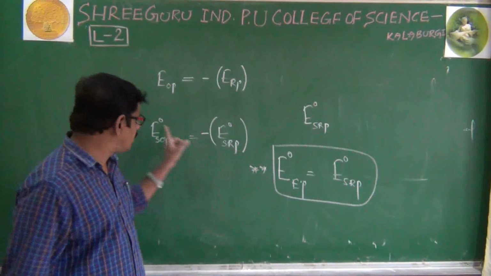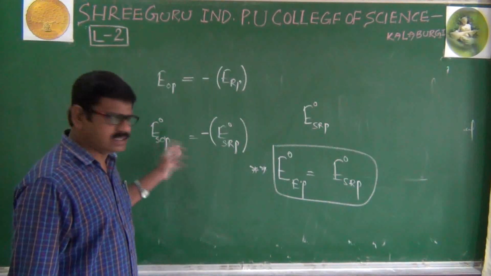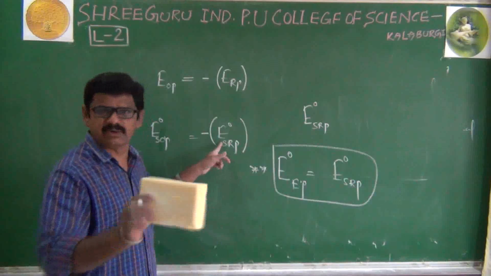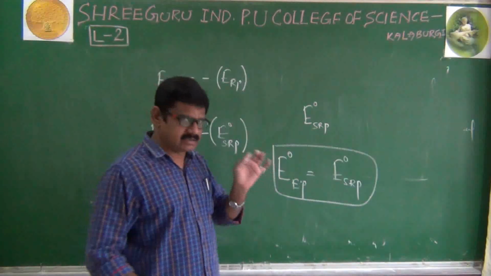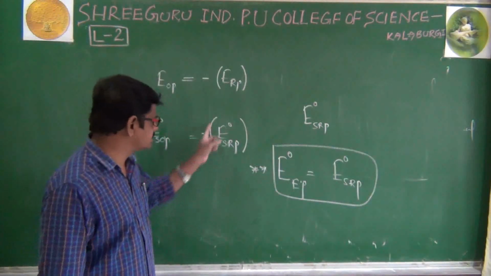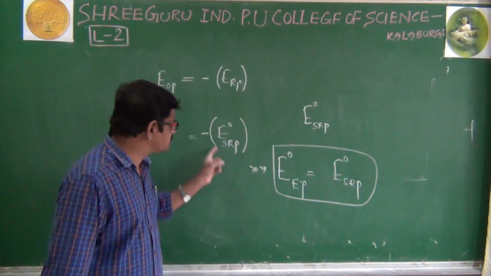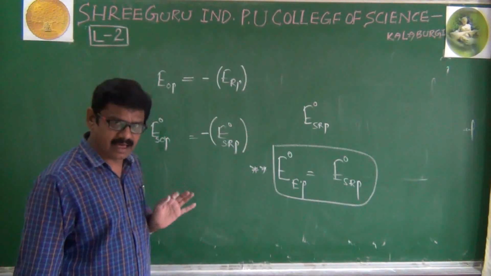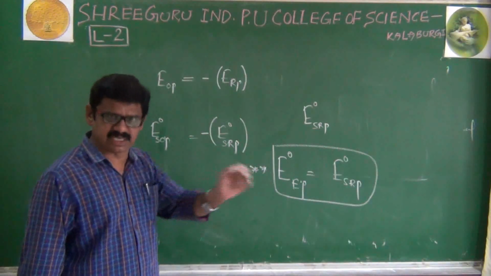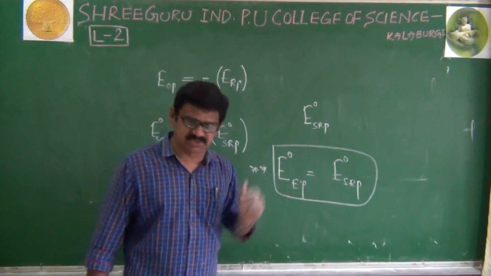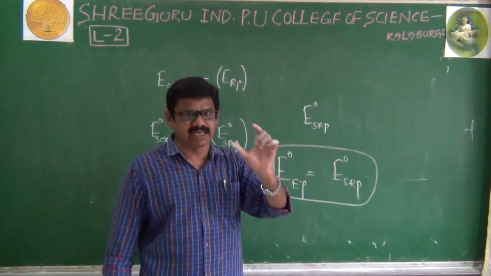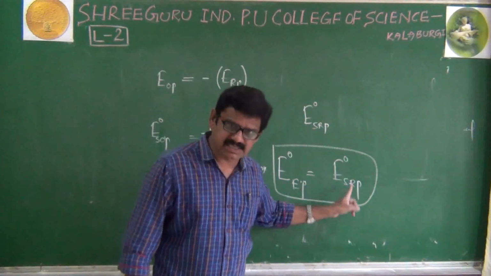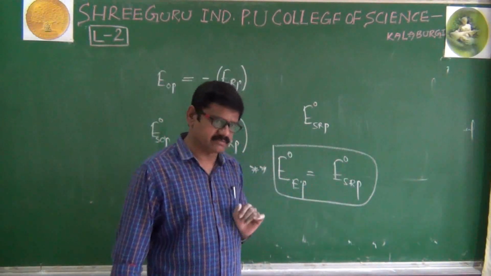Okay, we are not using oxidation potentials. There is no particular reason for that. Out of these two, any one we have to use. According to IUPAC, they have given the convention that in electrochemistry we always have to use standard reduction potentials only, unless and otherwise in the question they have mentioned. Sometimes they will give oxidation potentials also, but they will specifically mention. Otherwise we have to use standard reduction potentials only. Right.